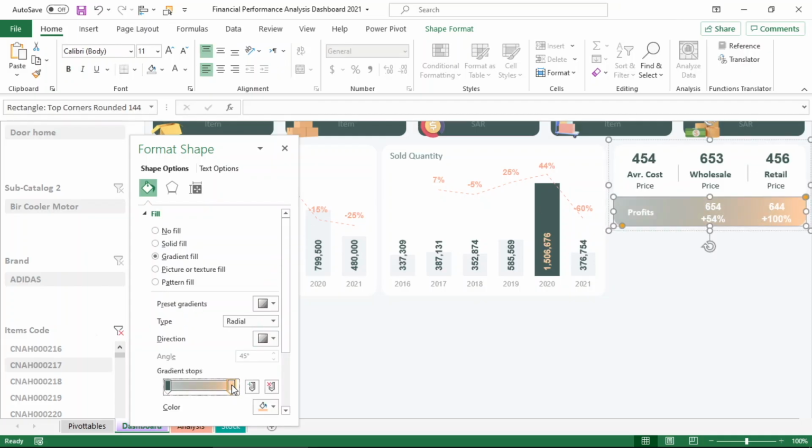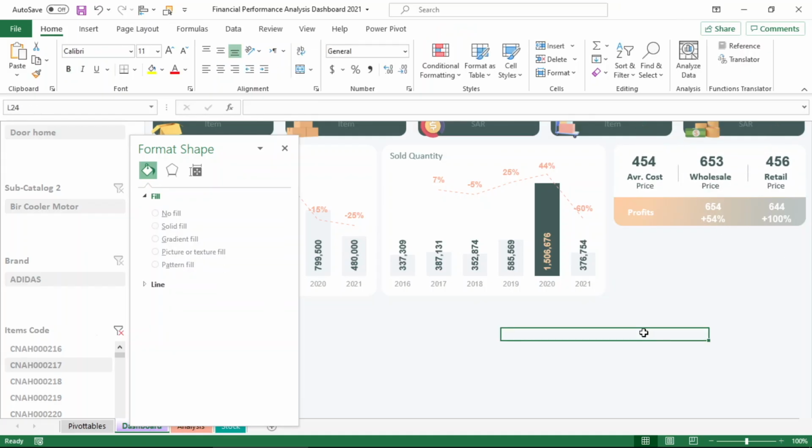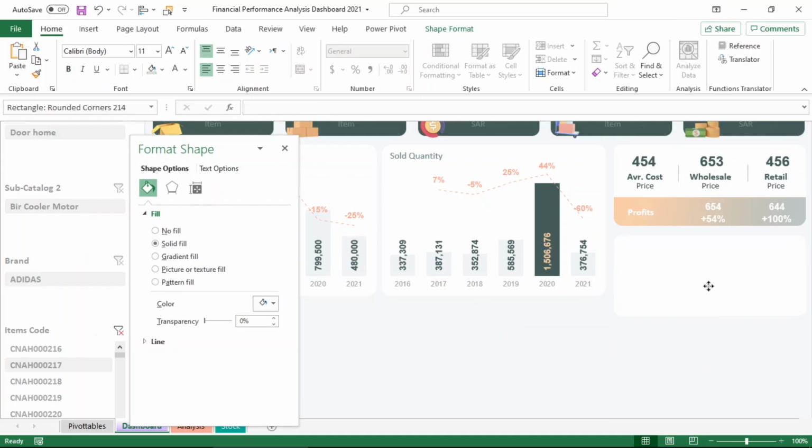I see that if we switch the color directions, it will be better. The detail part of the products has been completed.